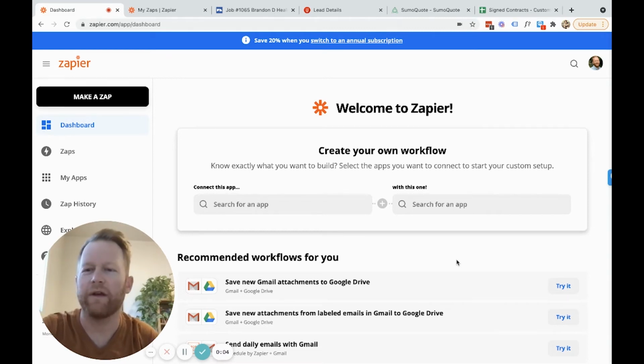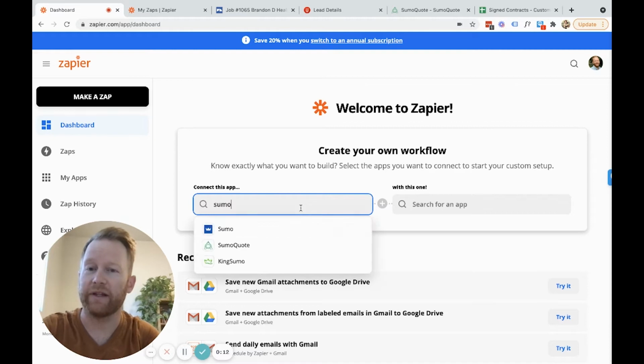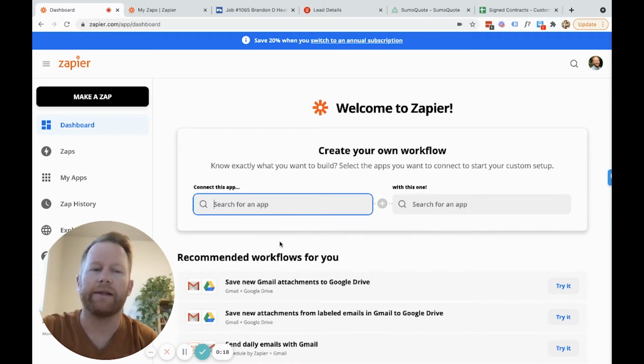I just wanted to walk you guys through our new Zapier integration. We're thrilled to release it. It's live and available. If you head to Zapier, you'll be able to find us right here as one of the integration options. And if you're not familiar with Zapier, Zapier is an amazing app that allows you to connect